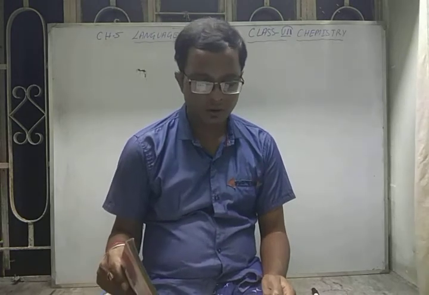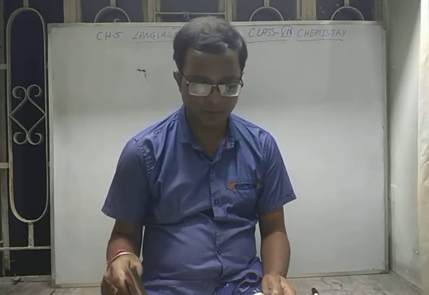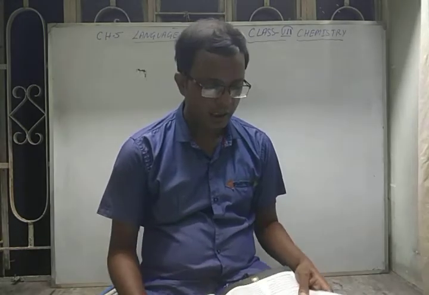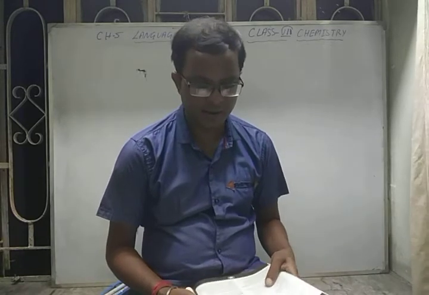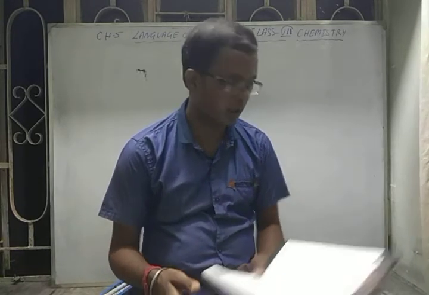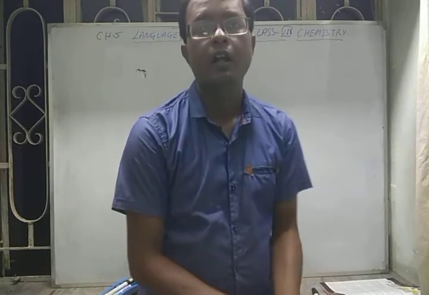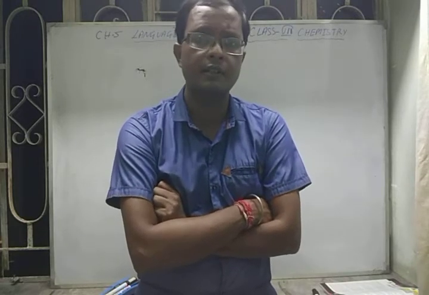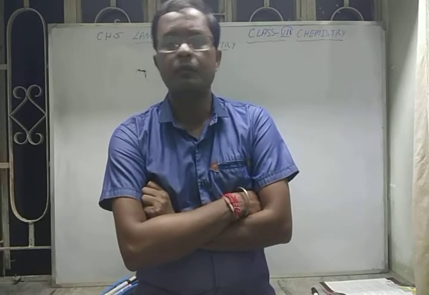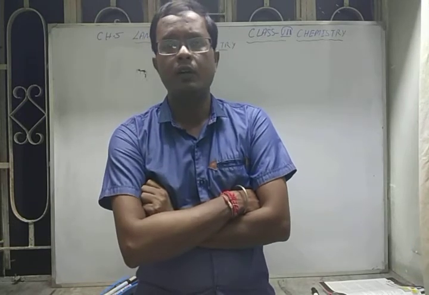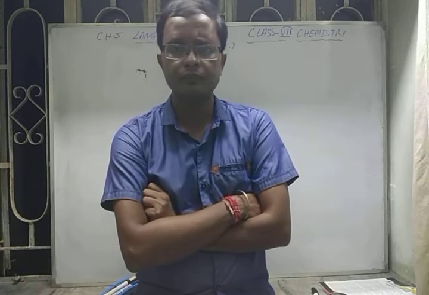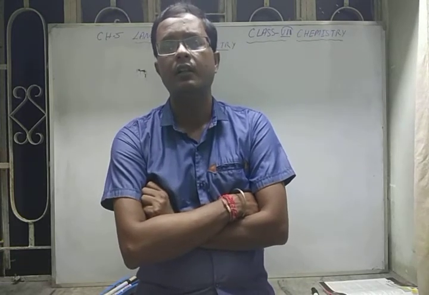Okay. So today we will start our new chapter, chapter number 5, that is language of chemistry. What is meant by this language of chemistry? In this we will see some important things. In the last chapter you have already studied what elements are, and how elements combine to form a new compound. Elements are represented by symbols. You have the molecular formula of elements also. You know how to make a formula of a compound.